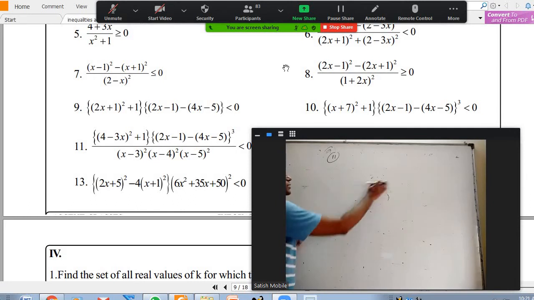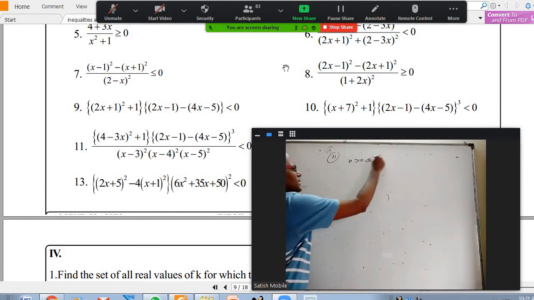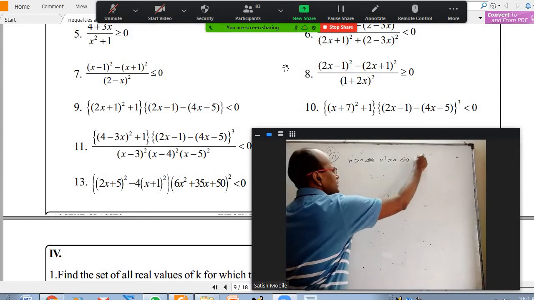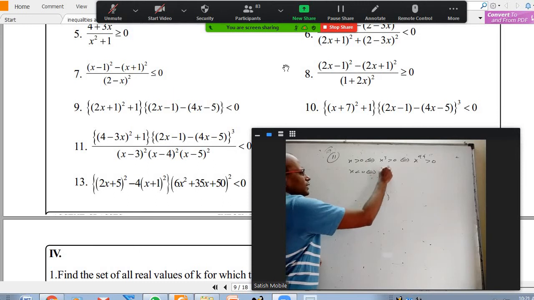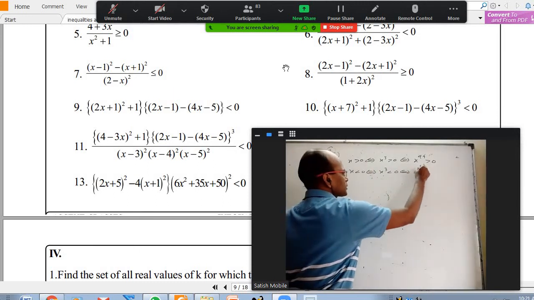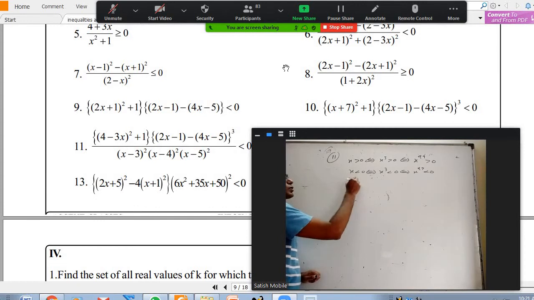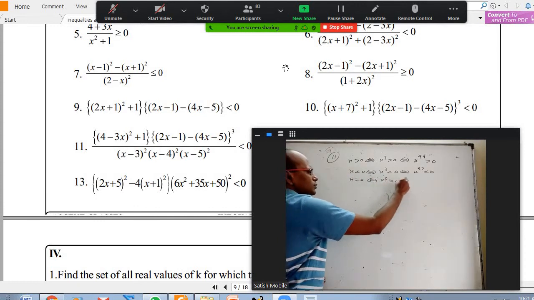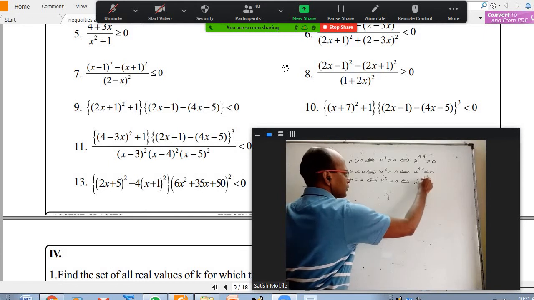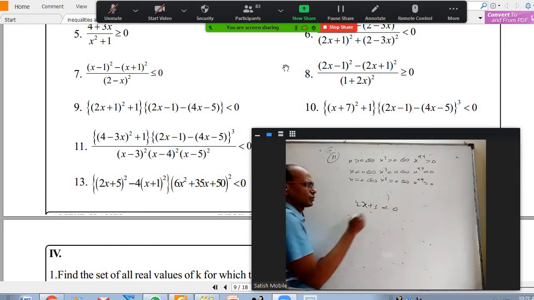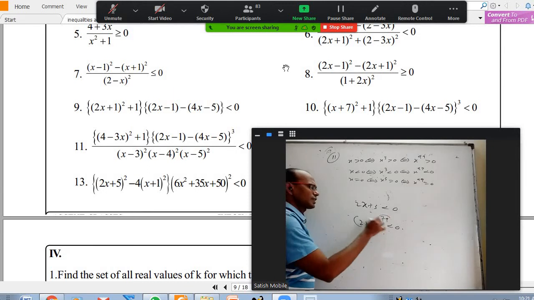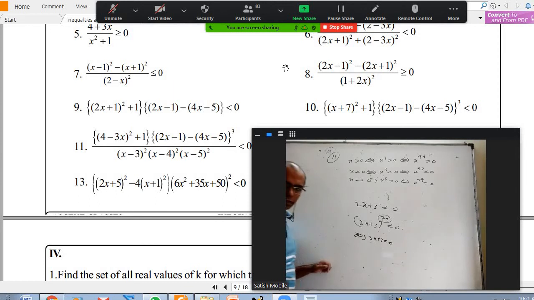I want you to understand these few points: x greater than 0 implies x cube greater than 0, which implies x power 99 is greater than 0, any odd power. Similarly, x less than 0 implies x cube is less than 0, which implies x power 99 is less than 0. If you take x equal to 0, x cube equal to 0, x power 99 equal to 0. So whenever I give, let us say, 2x plus 3 less than 0, or (2x plus 3) to the power 79 less than 0, you don't have to worry what the 79 is or how to deal with it. You simply write the same as 2x plus 3 less than 0 and solve normally. That's the first point.